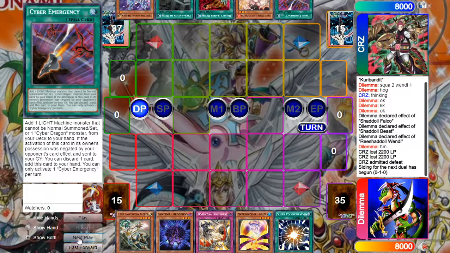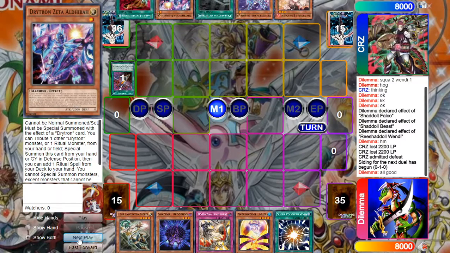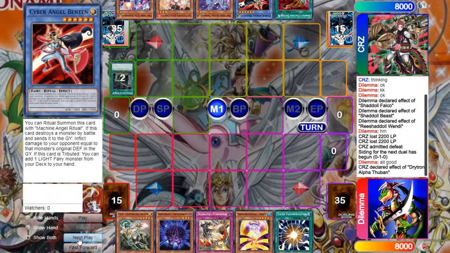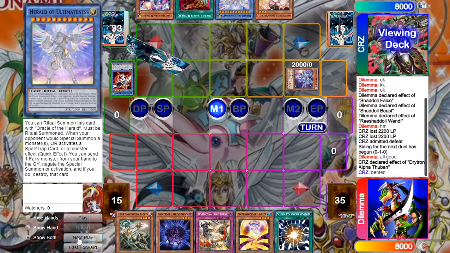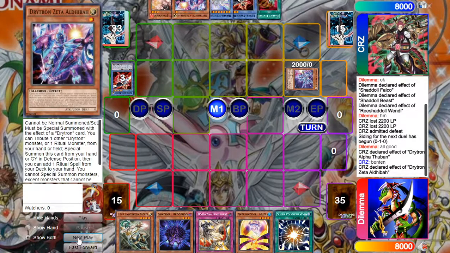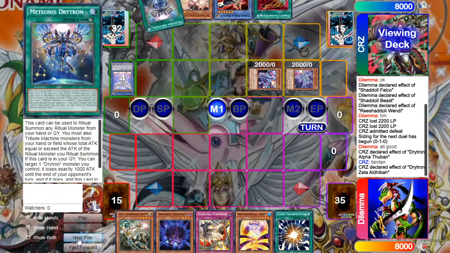So in Game 2, you'll see why playing with 3 structure decks kind of sucks, or at least eliminates your grind game, which other decks do have. So you're going to see him do a standard Drytron combo using Alpha to tribute the Ben 10, searching Ultimateness off the Alpha, and then Ben 10 off the Ben 10, then using the Zeta, tributing the Herald to search